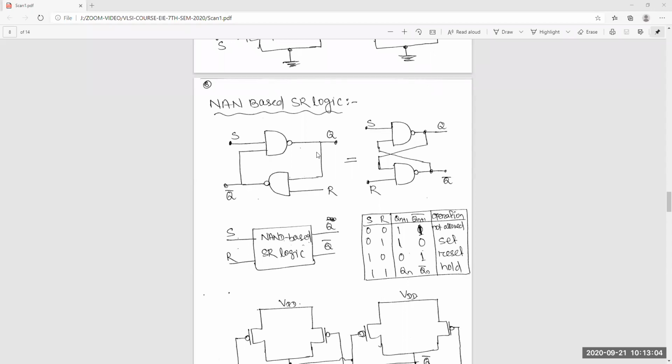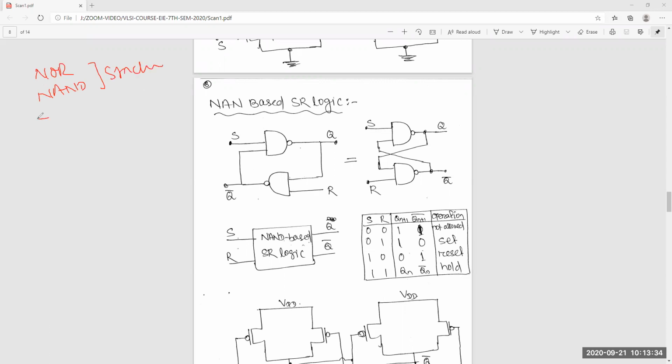Suppose in a system we want to use this circuit, there should be a master clock, and on the starting of that clock edge everything should start or stop. So this latch, whether it's NOR or NAND, is not synchronized.